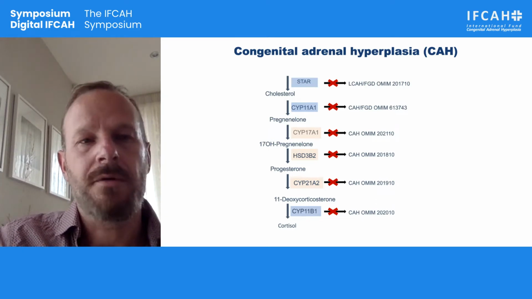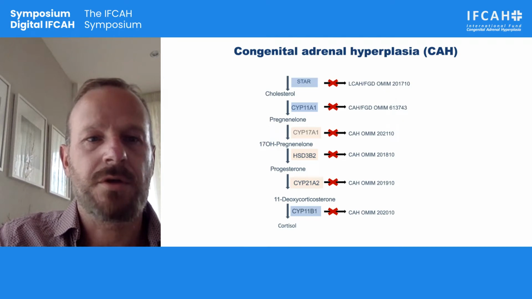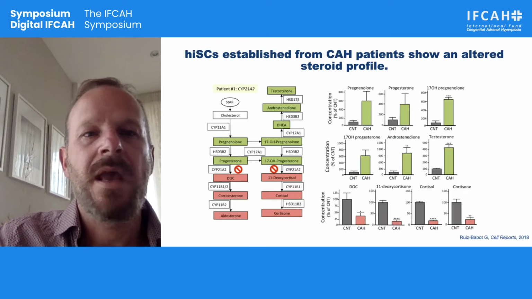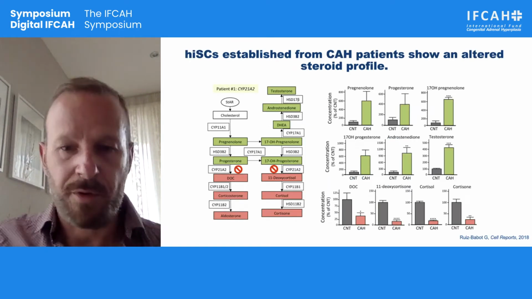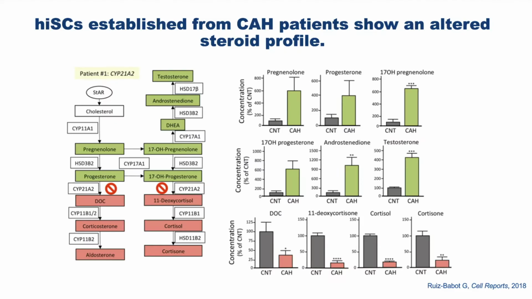So these are other examples of genes which are causing CAH. So coming back to our reprogramming experiments, we basically evaluated the steroid profile of patients with CAH, starting from their urine, which we were collecting from outpatient visits in 3 London hospitals. And we were performing reprogramming in parallel with reprogramming from healthy donors.